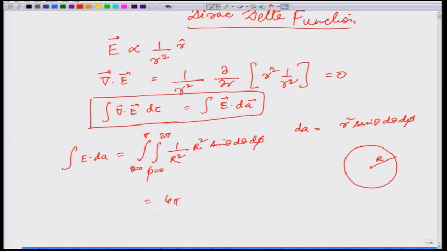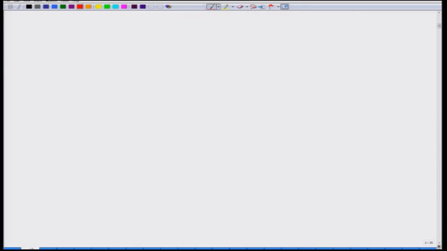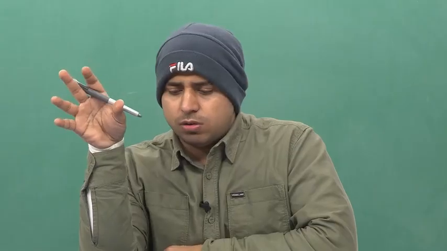So if we see equation 1 and equation 2, there is a contradiction. According to the divergence theorem, they should be equal, but we see that the divergence of E is 0, hence the left hand side is 0 while the right hand side is some finite value, equal to 4 pi. So there is some problem. What is the problem lying here? The problem is that when we write E proportional to 1 by r square r cap, we are neglecting the value at r equal to 0. What is happening at r equal to 0? We can see that the electric field blows up at r equal to 0.